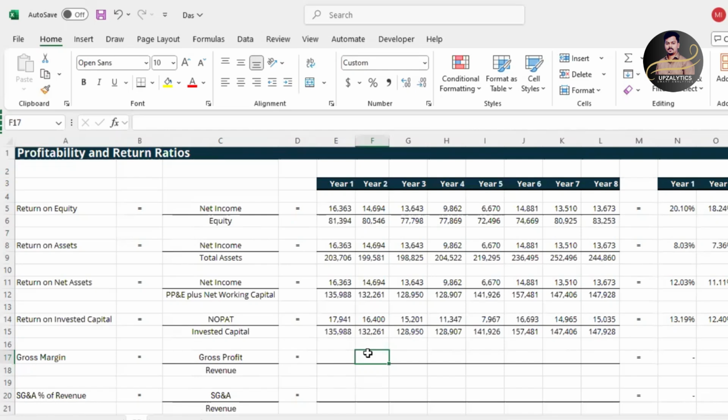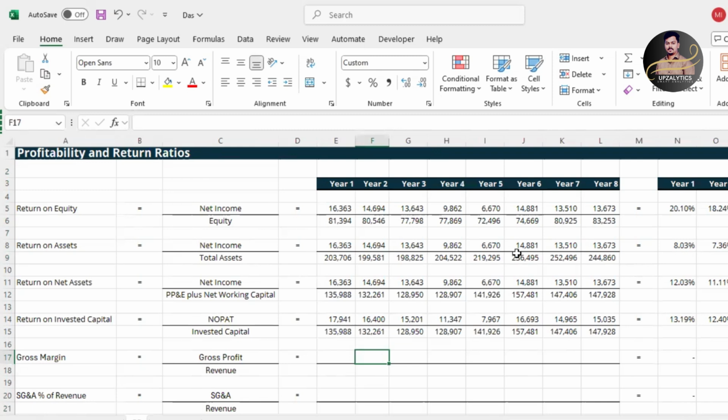Yeah, hello everyone. In our previous video, we have seen four main types of ratios under profitability and return ratio. Those are return on equity, return on asset, return on net asset, and return on invested capital. In this video, mainly we will be seeing the other remaining ratios that we have under profitability and return